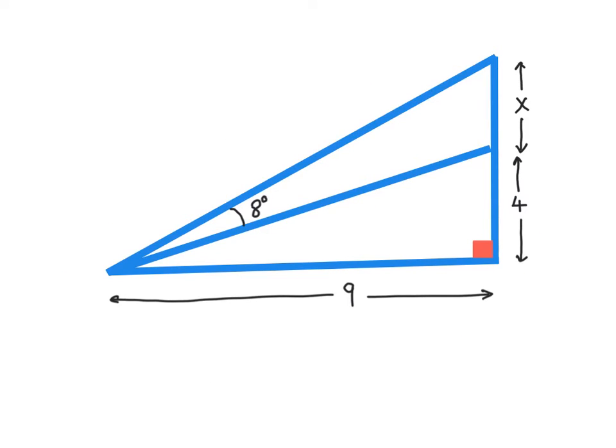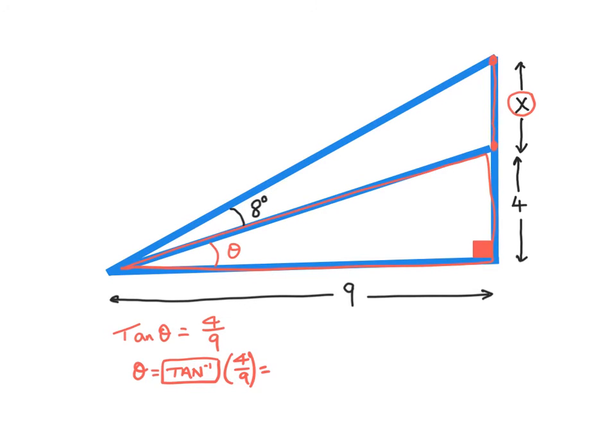This question here is quite common. We've got to find x at the end of all this, and x is just this distance here from here to here. So first of all, we're going to find this angle here, which we'll call theta. And we know in this small triangle here, this small little right triangle, we know the 4 and the 9, and that's opposite over adjacent, so tan theta equals 4 divided by 9, and theta equals tan negative 1. That's the button on your calculator, of 4 over 9, and theta equals